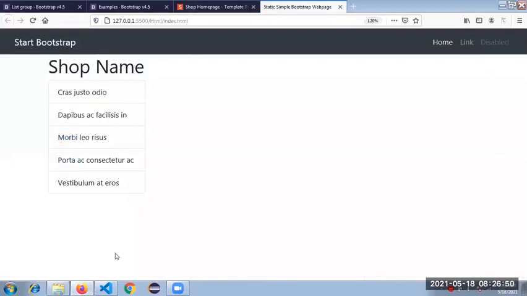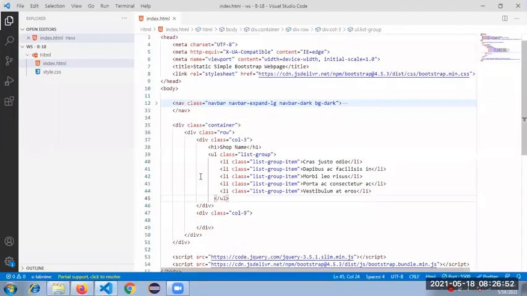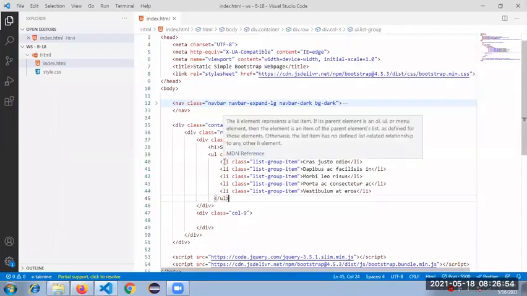So what I'm doing now is converting this li to an anchor tag.